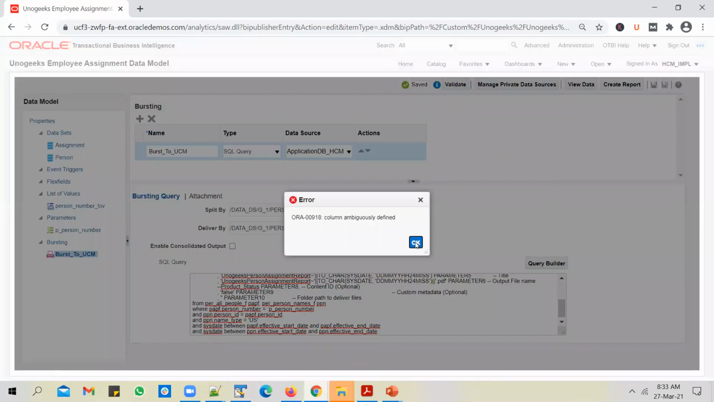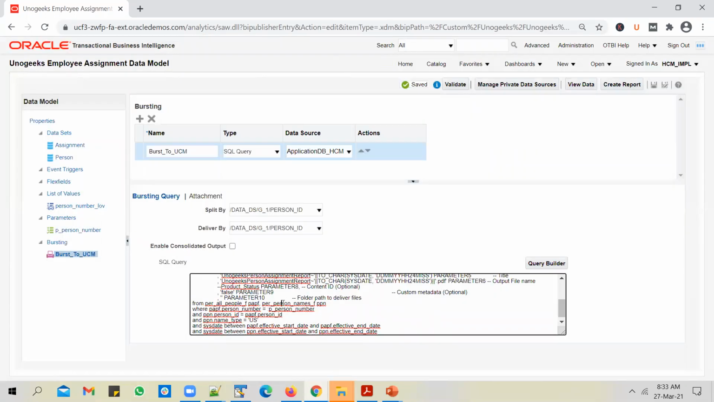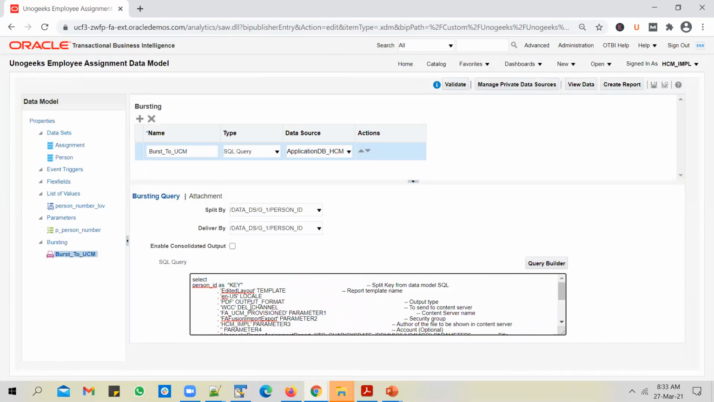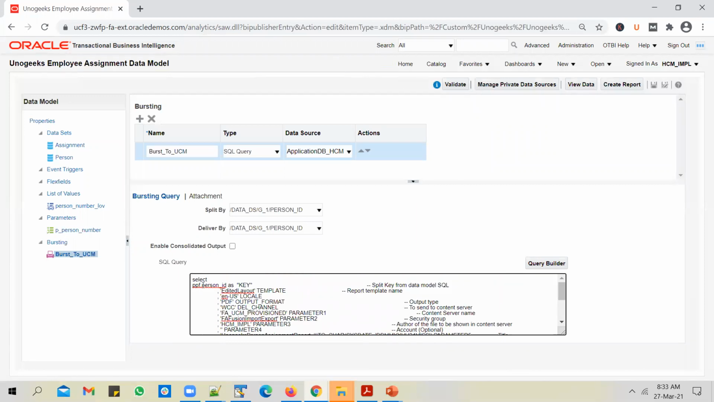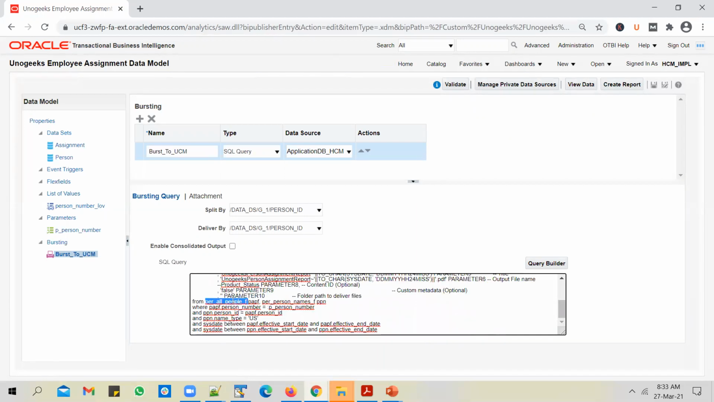Save the report. So it says column ambiguously defined. So let's scroll up and select PAPF.person ID because you have the person ID column. Sorry, I think you have the person ID column in these two tables. So if you just mention person ID, it will not know from which table it needs to pick up. So you just say PAPF so that it picks up the person ID from the employee table. Save the query,